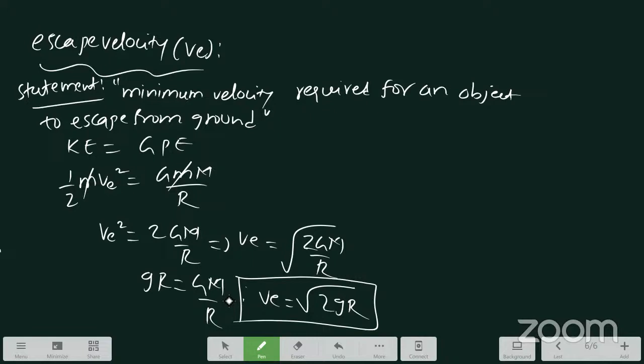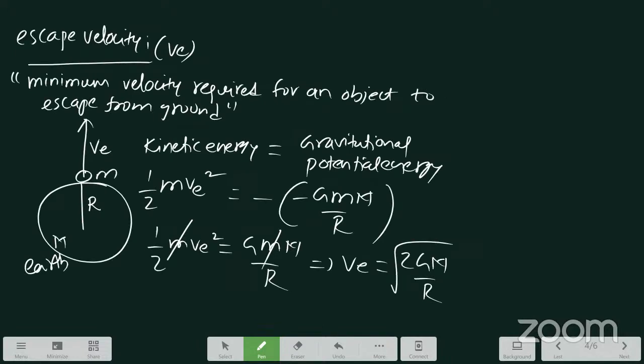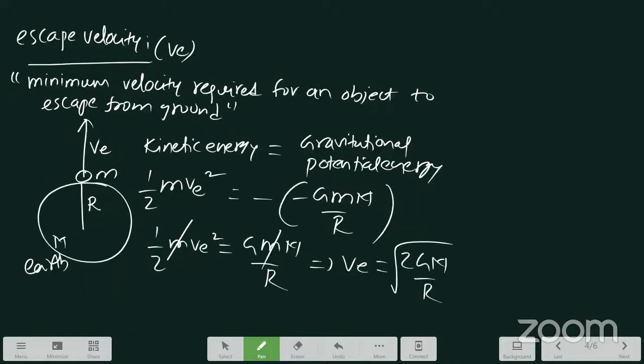So, 2 SAQs over, student. One is orbital velocity. Both answers look the same. Anyone getting confused, first practice the derivation part. Then after, write the statement. Derivation part here, previous case, gravitational force equals centripetal force. Force related concept: orbital velocity. Energy related concept: escape velocity. From these two, one comes, and two more questions are there in this one. That one very